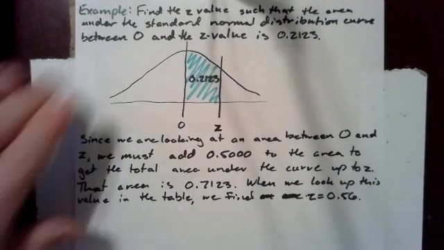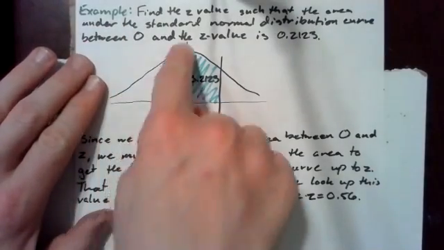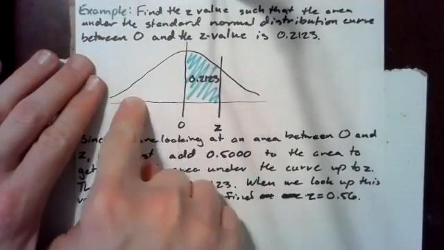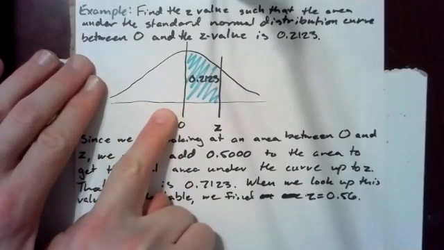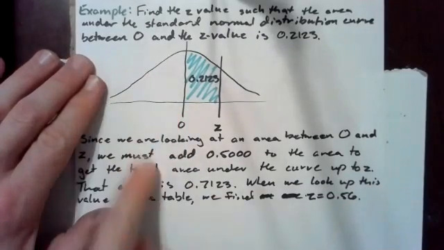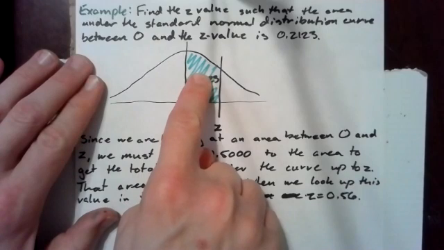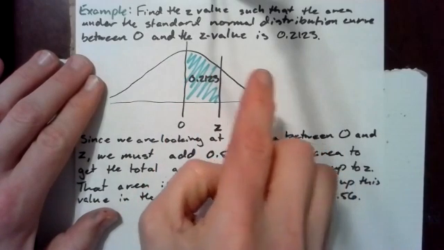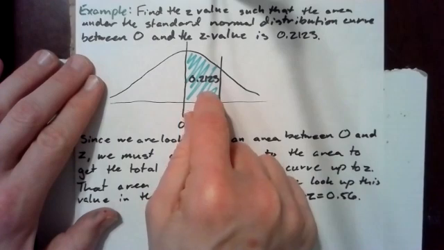And I will just add that there would be another area here between 0 and the z value that would have this same area. But since they say 0 first, we're going to assume it's to the right of